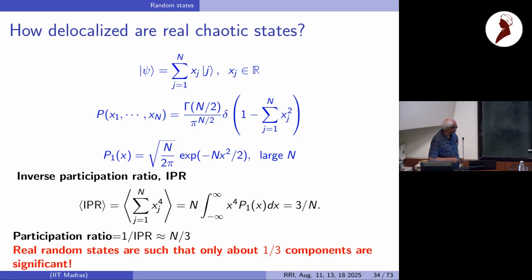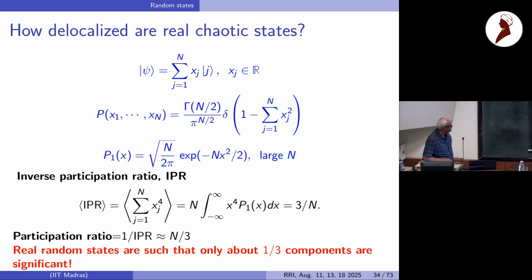So now, if that is the model of a state which is random, what can we say about how spread the eigenfunctions are? There are many measures of localization. Here is a very simple one. If you sum over the amplitude squared itself, you'll get exactly 1. If you take the amplitude to the power of 4 and sum up over all of them, then that is called the inverse participation ratio. You can take an average of this, so that you are doing an average over this ensemble, and you can calculate what that is.